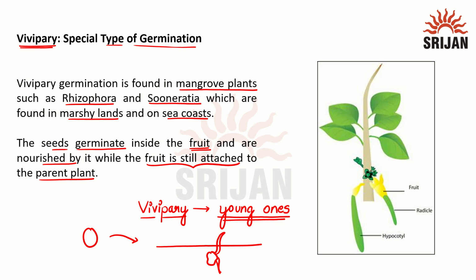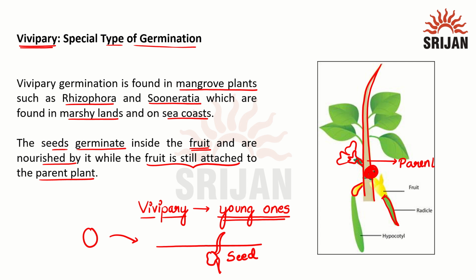That is, if we see here, a twig of a plant like Rhizophora produces flowers, and this flower will eventually give rise to a fruit. Now inside the fruit we know it has a seed. Generally we have to sow the seed and get the germinating seedling. But here, from the fruit we can see that the radicle has started germinating even when the parental plant is